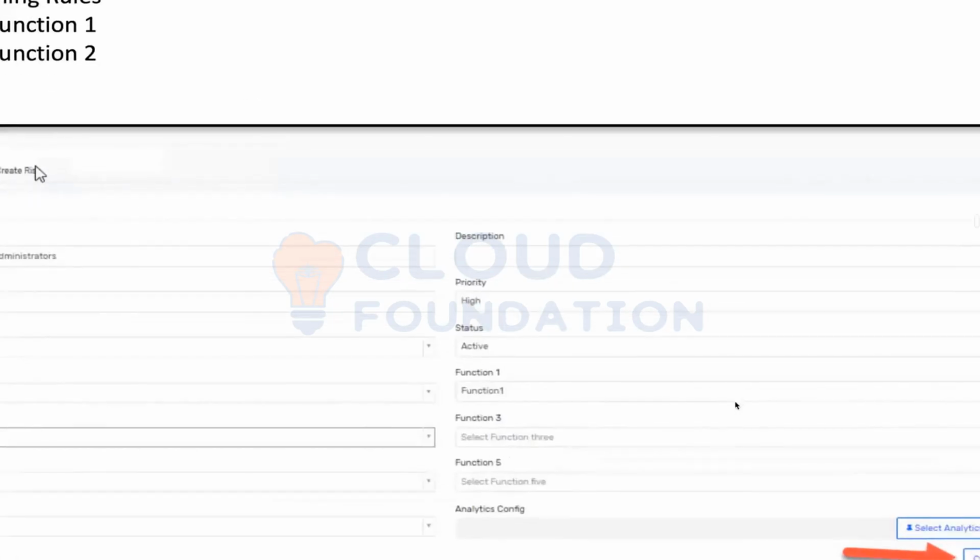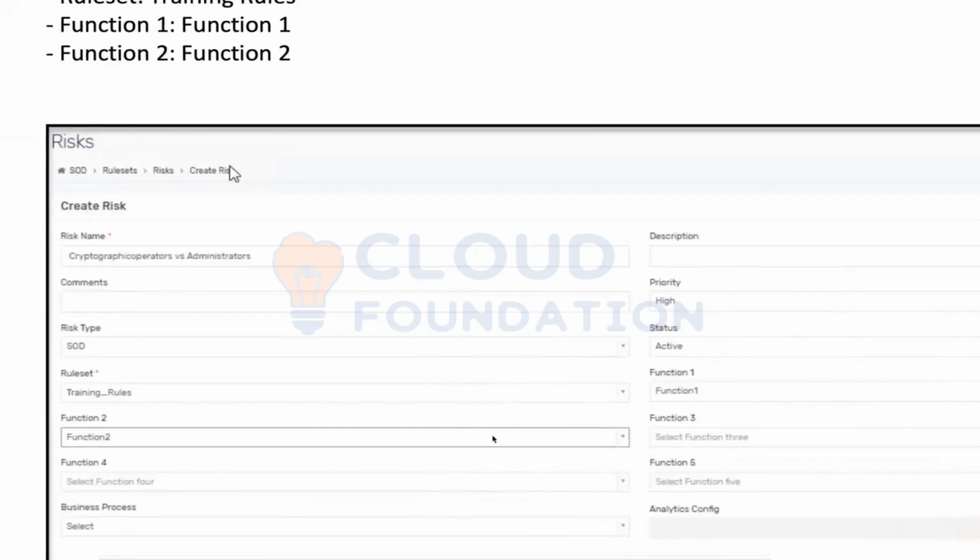But what you should be asking me is, Amit, we have defined two functions. Can we define more as well? Yes, you can, right? Rather than two entitlements, if you want to make a combination of 3, 4 or 5 entitlements, you can do that as well. Rather than saying that you should not be requesting these two entitlements together, we can also say that you should not be requesting these 3 entitlements together, or 4 or 5 entitlements together. Right?